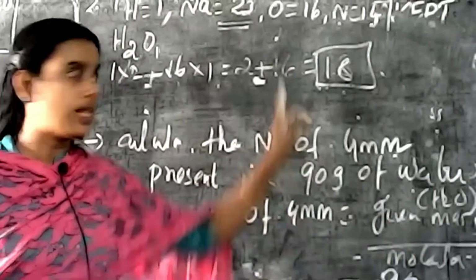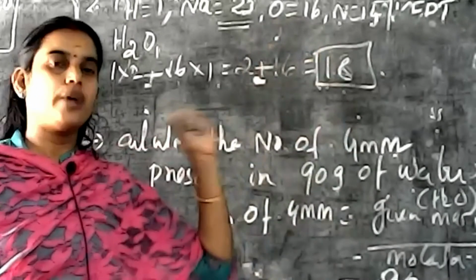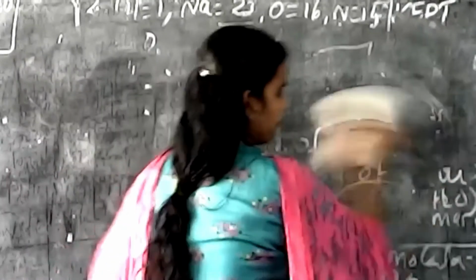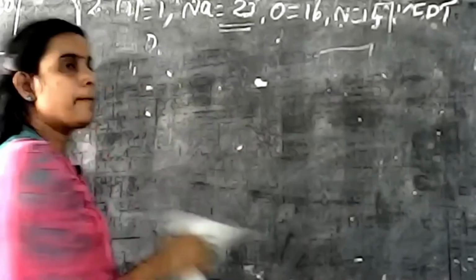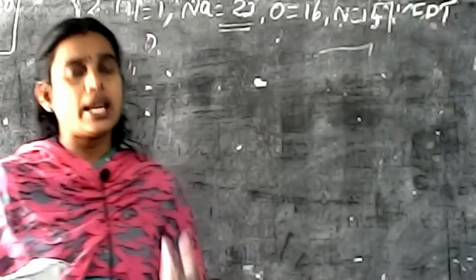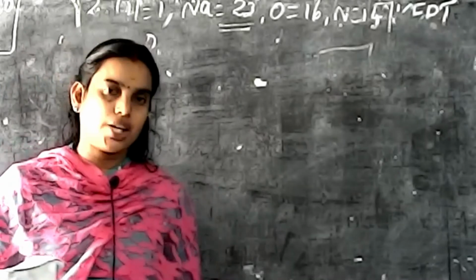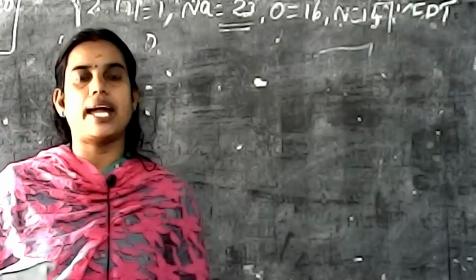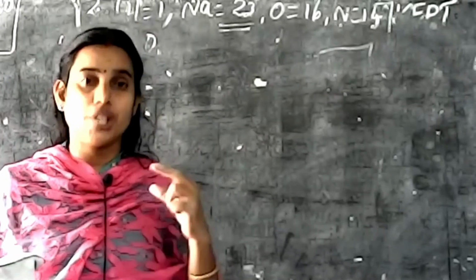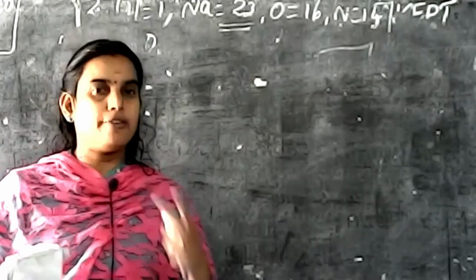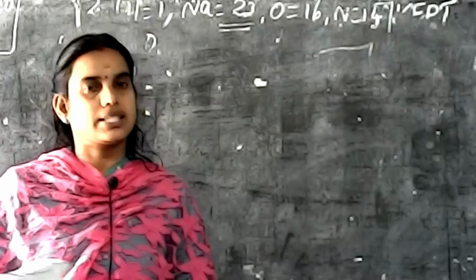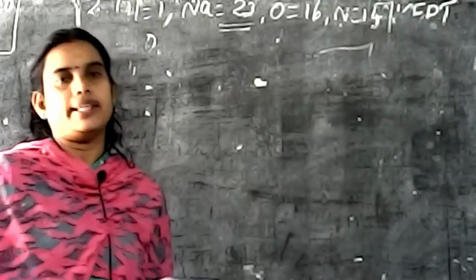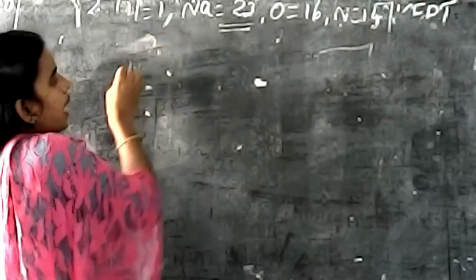Before that, we have to know the atomic masses of some elements. So you have to memorize these values. Okay. So what are the two formulas we have discussed? First one, number of GAM, and second one, number of GMM. Number of GAM is calculated by the formula given mass divided by GAM. And the second formula, number of GMM, is calculated by given mass by gram molecular mass, GMM, for atoms and for molecules.